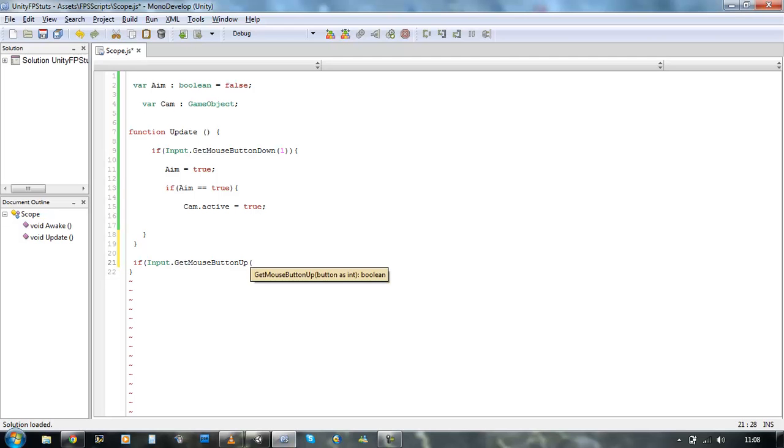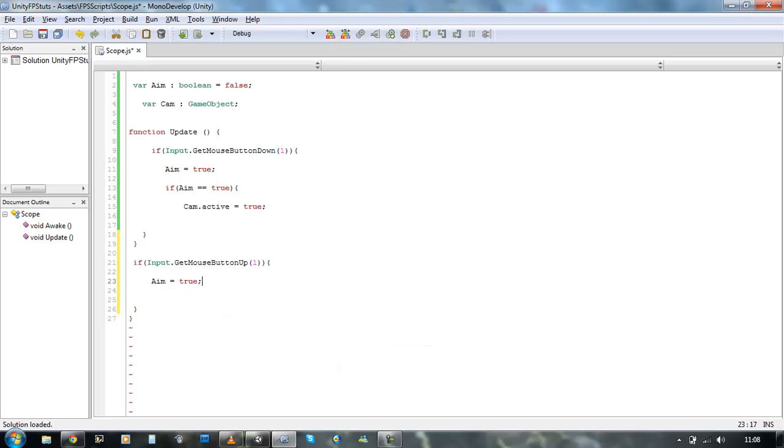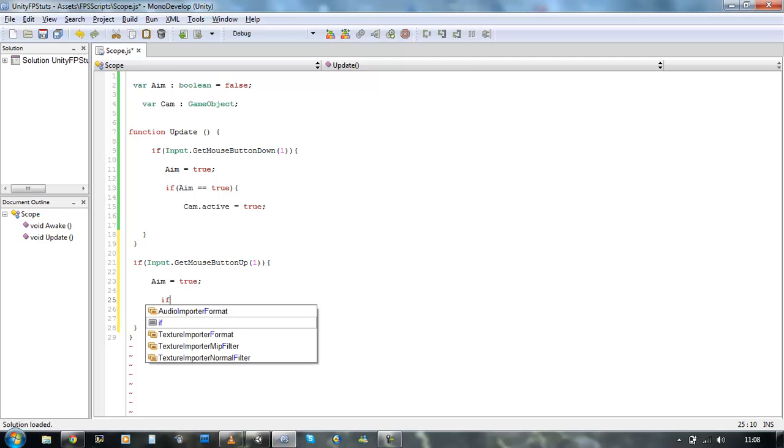So if we released it, then we want to set our boolean to false and our active camera back to false as well. So we're going to say if aim is currently equal to true, we want to check this. If it's true, we want to set it back to false. So if aim